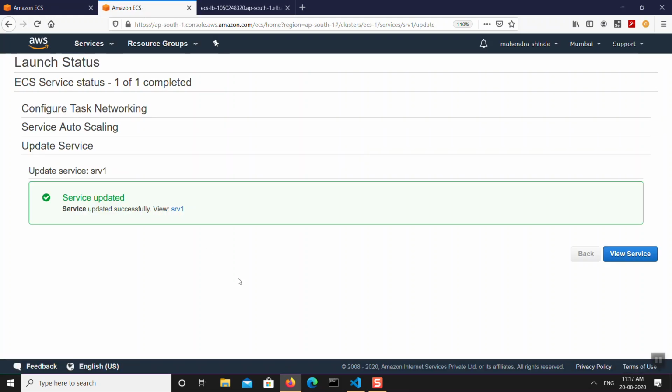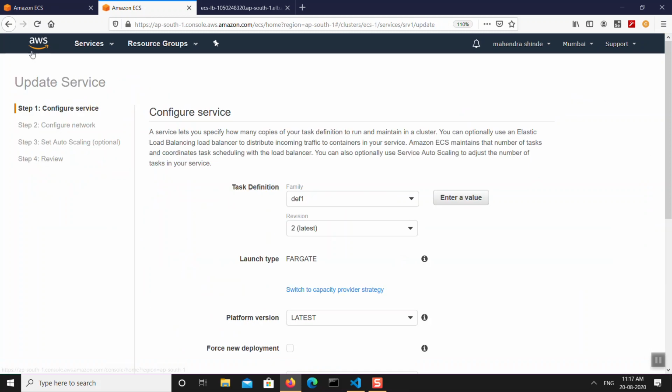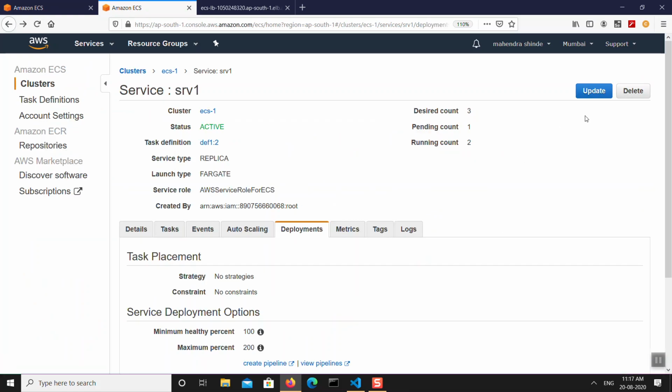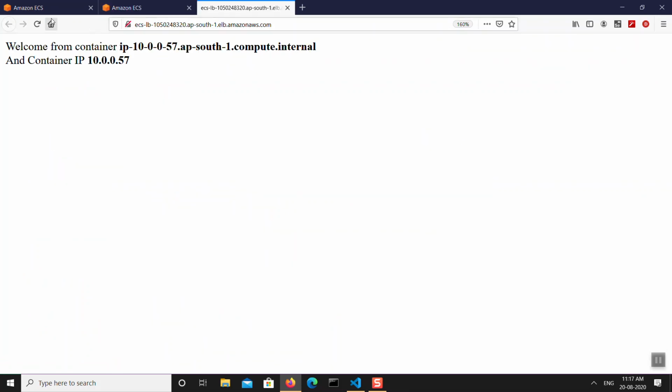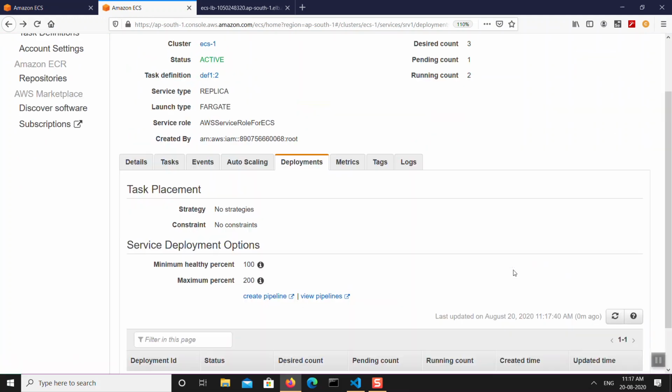Okay, it's not deployed, I guess. Let's go back to the service and see how many instances are there. Looks like desired count is 3, pending is 0, running is still 2. Running count is still 2. Okay, pending is now 1. It's deploying the new one right now. Let's see now. 57, 2.66. One more item I want here. Let's wait for some time.